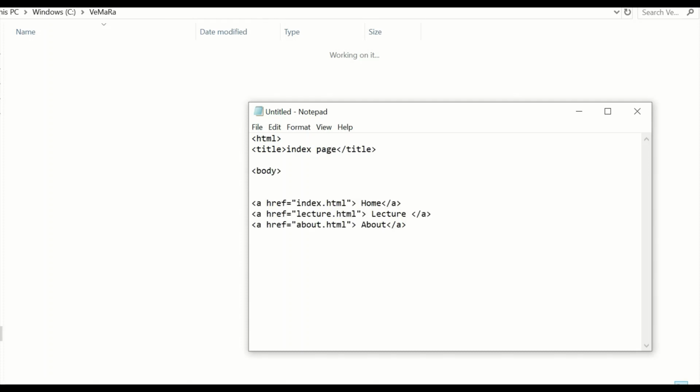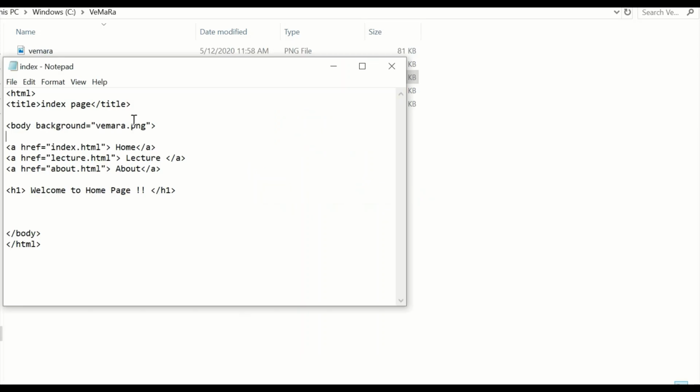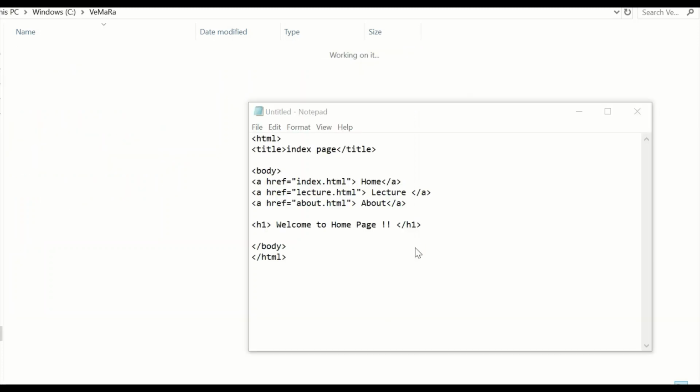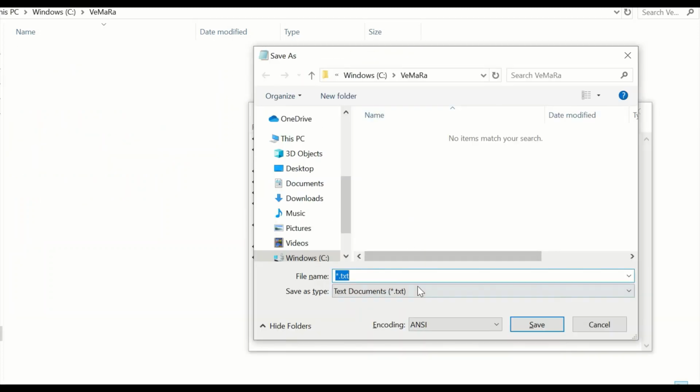First, let's create some hyperlinks to navigate to different pages of our website. Here I am also including an image file as a background to my index.html file. I'll just save it as index.html.